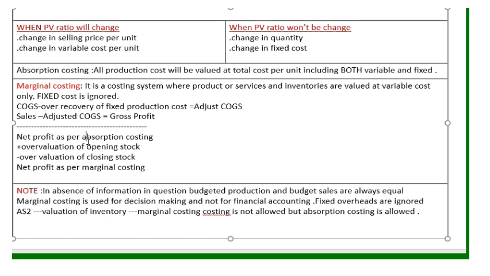Next, the climax part of the problems. At the end of solving marginal costing or absorption costing problems, in order to show the difference between marginal costing and absorption costing, since the profit is different, you have to find net profit. So the net profit as per absorption costing,